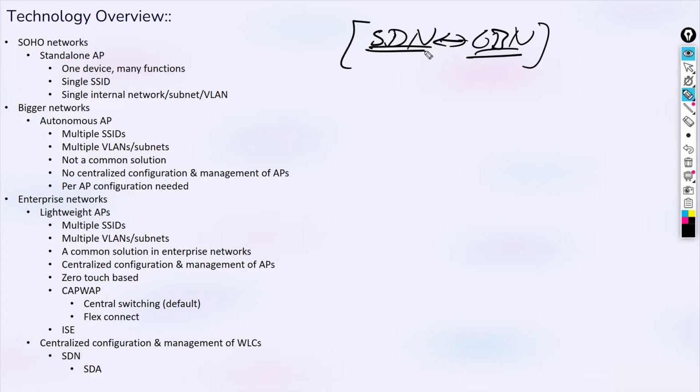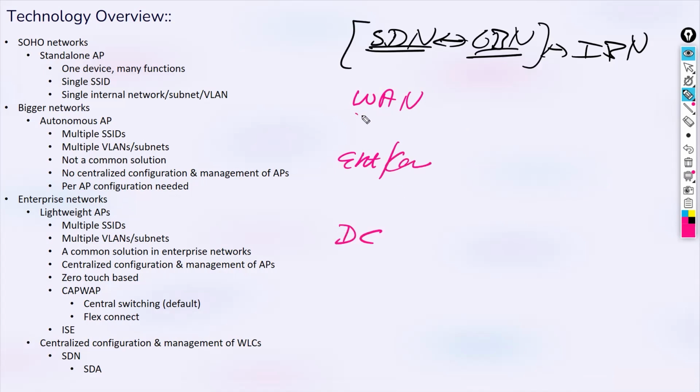Exam perspective, both. Now coming back, Cisco works on intent-based networking. So like they said, we have different network types. We have a wide area network, we have enterprise or campus networks, and we have the data center networks. Each network has different challenges, different needs, and problems to be solved.